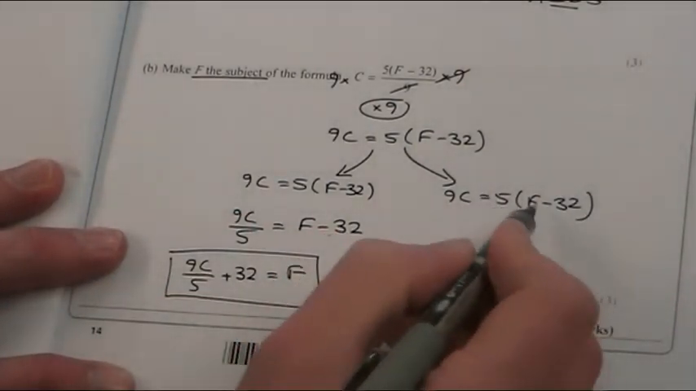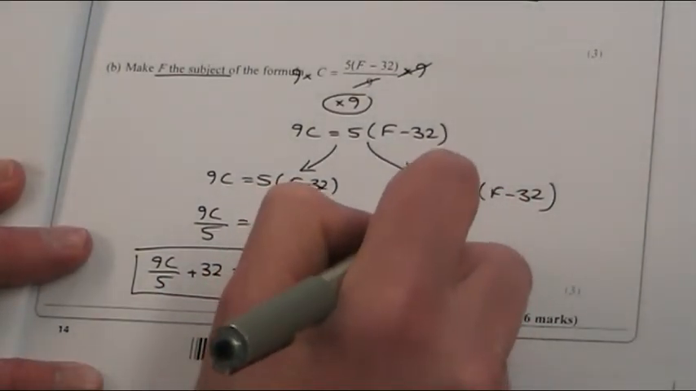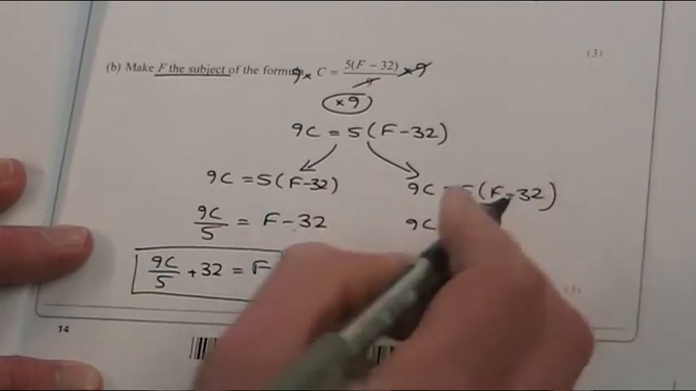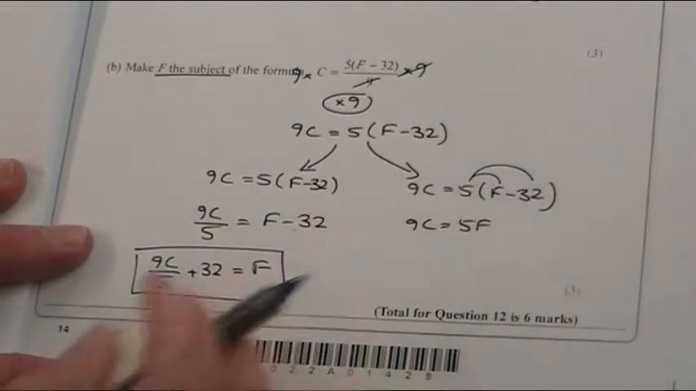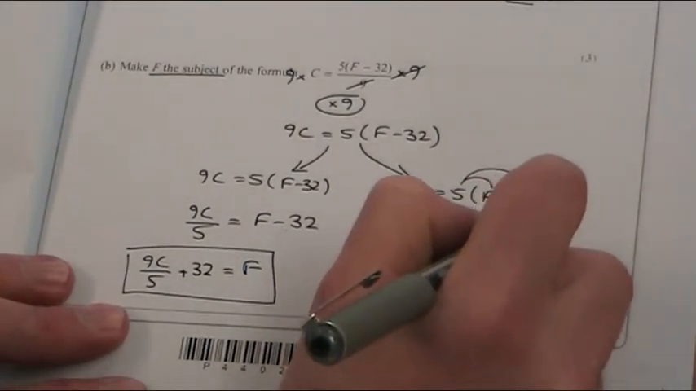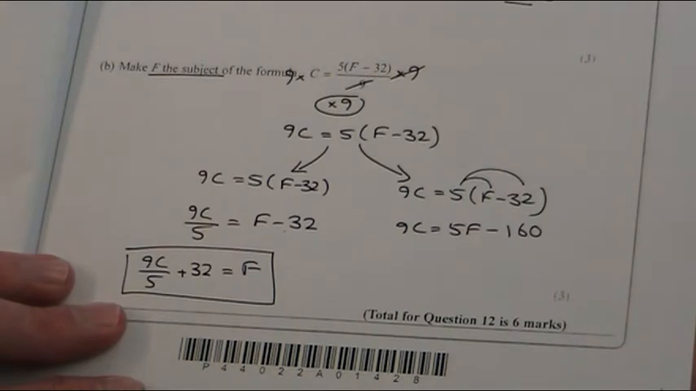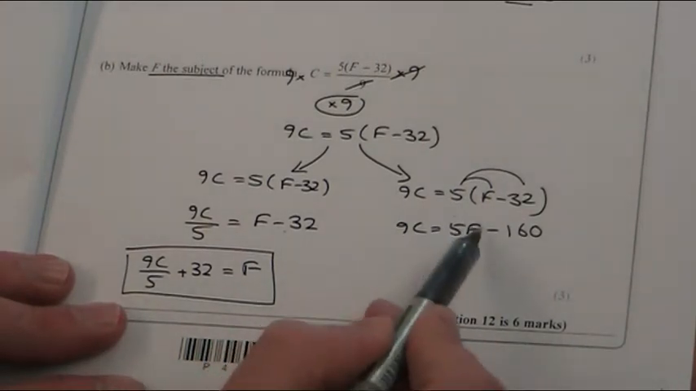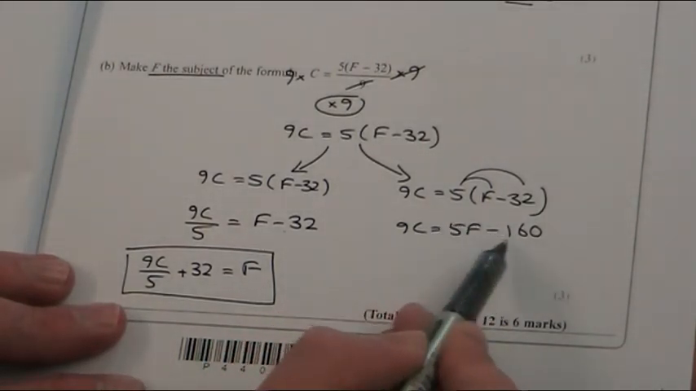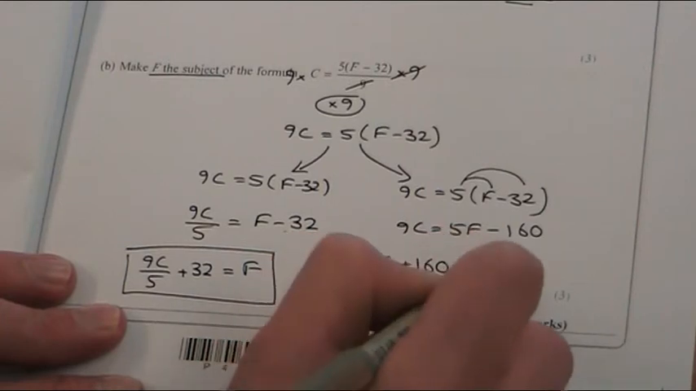The other way that people like to do is when they see a bracket, they like to expand it. So 9c would be 5 lots of f, is 5 times f, and 5 lots of 32, which is 160. You might have to do a long multiplication to work that out. So to get the f term on its own, I need to remove this number term. So I'm going to plus 160 to both sides,